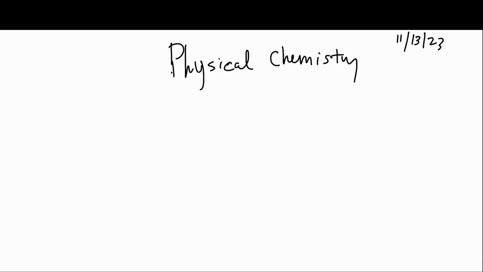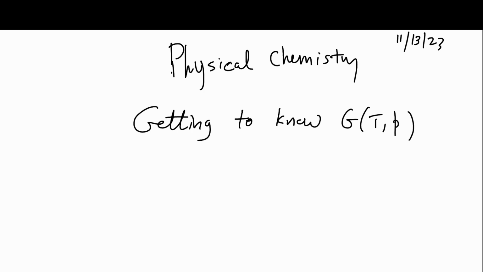Okay, and this is the thing that might come up. So this is like getting to know G is a function of T and P, right? Because this is what chemists like, and for the reasons we talked about. There's a knob for T and a knob for P, and we want to talk about processes